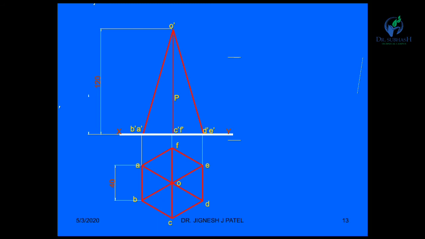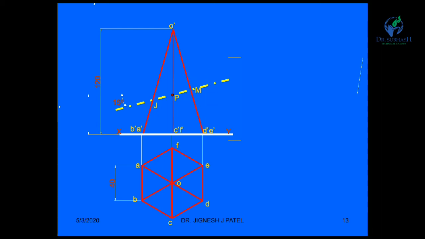Now mark the point P. The cutting plane is passing through this point at a distance of 45 mm and at an angle of 15 degrees. You can see here this angle is 15 degrees. Now this point J is on A dash O dash and B dash O dash. Similarly point P is on C dash O dash and F dash O dash, and also the point M is on D dash O dash and E dash O dash.